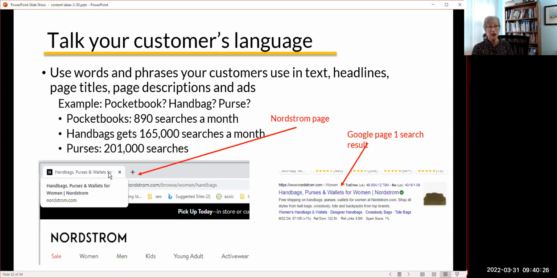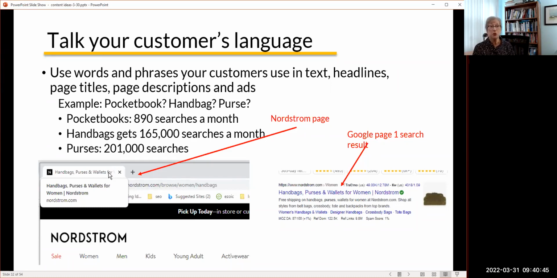And that would be okay, but it wouldn't be the best term to use. When I did the research on pocketbooks, what turns out is pocketbook is the term that gets the least number of searches. More people want to buy handbags and even more want to buy purses, which is a term I would never have thought of.